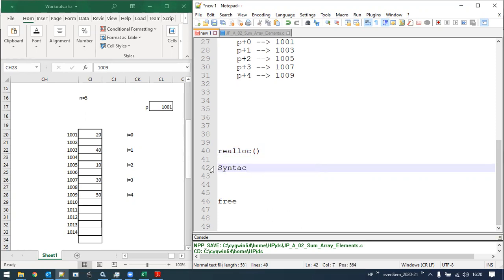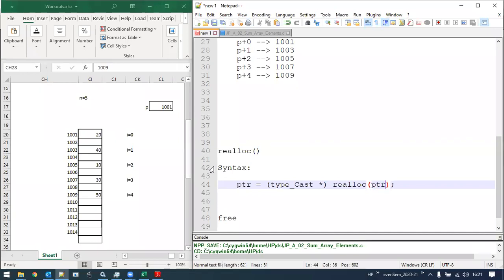The syntax of realloc is: the pointer, that is p, equals ptr equals, again we need to typecast to a particular pointer, then the function realloc. This function realloc takes 2 parameters. The first one is the pointer which we want to make a modification for.